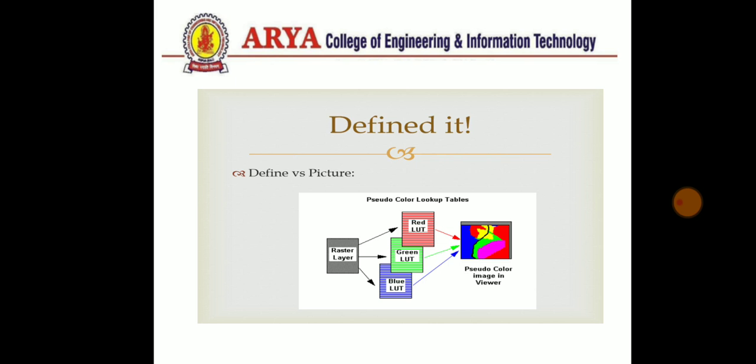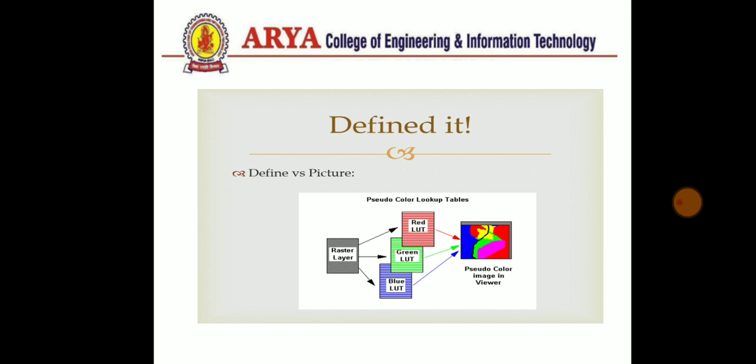Now we can understand this concept with the help of this figure. Here we can say that there is a raster scan. You already studied the raster scan and the random scan in computer graphics. Computer graphics is also a part of image processing. The raster scan in the monitoring system is used to capture the image and to show the image. Whenever any image comes into this raster scan, there are three types of color units: red, green, and blue. The pseudo color lookup tables consist of these three functions: red, green, and blue.